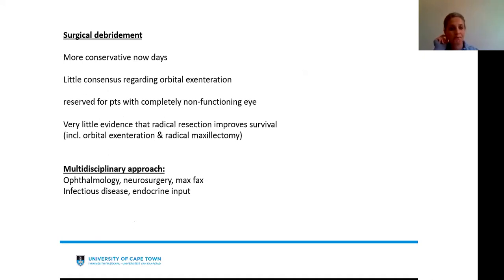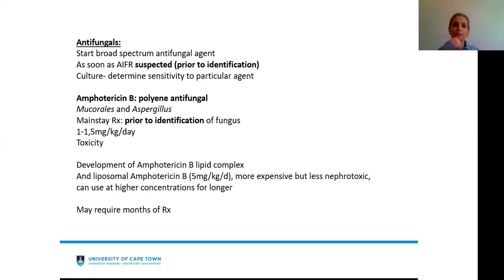We involve ophthalmology, neurosurgery if there's intracranial extent, maxillofacial, infectious diseases, and also endocrine team inputs. With regards to antifungals, you want to start a broad spectrum antifungal agent prior to identification of what the organism is. In other words, as soon as you suspect that this might be invasive fungal rhinosinusitis, and you must send off a culture in order to be able to determine sensitivity to the particular agent that you've actually started